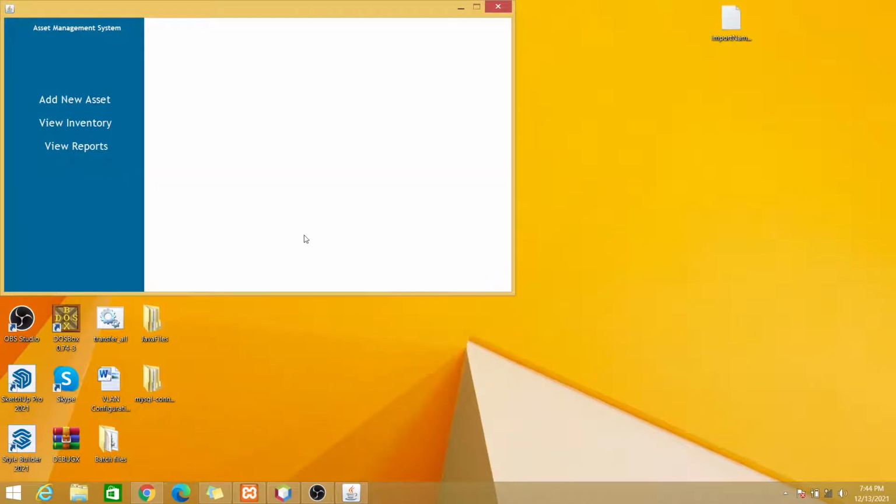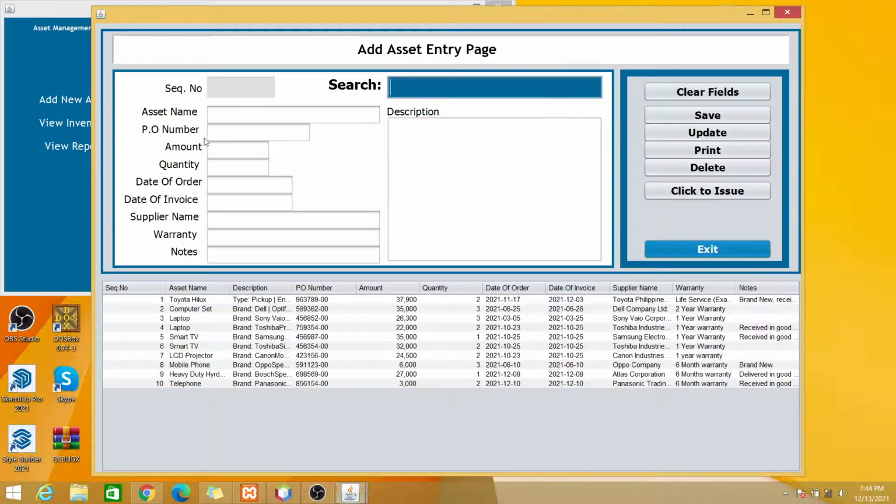So this is the very simple dashboard that I have. You're going to click the add asset button. So here in this page you can add entry, you can select, you can update, and you can print. And suppose we wanted to add another asset into our database. For example, you have a medium type